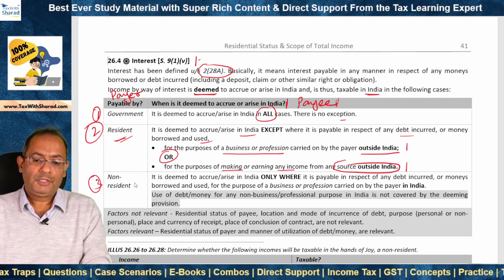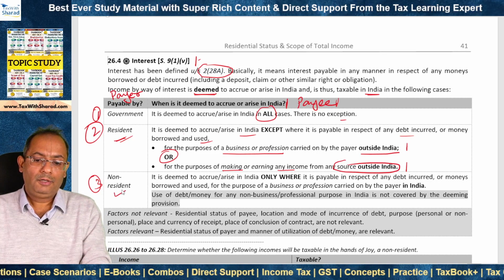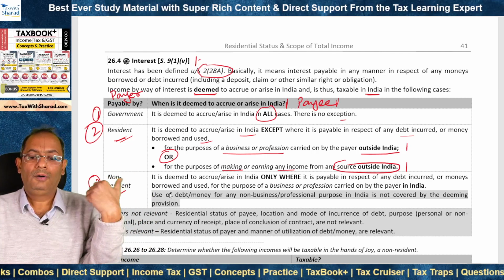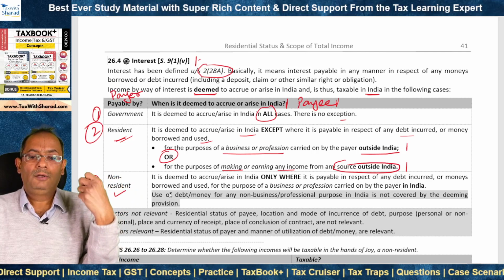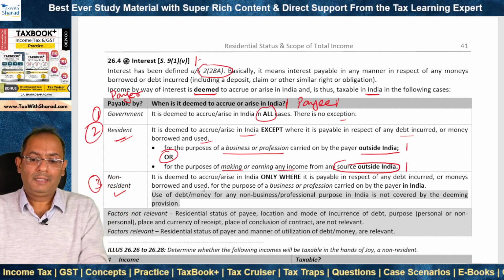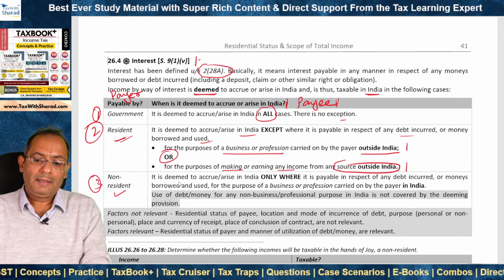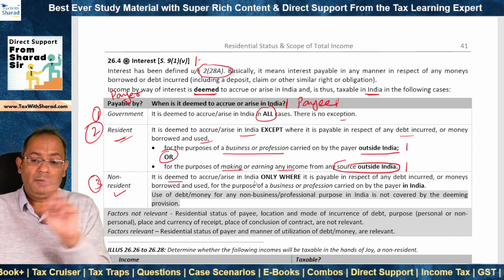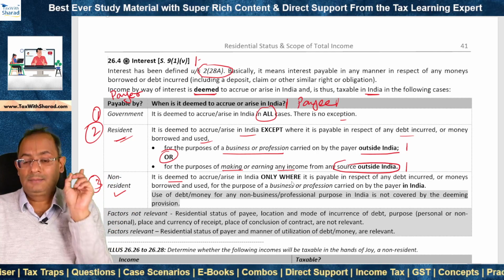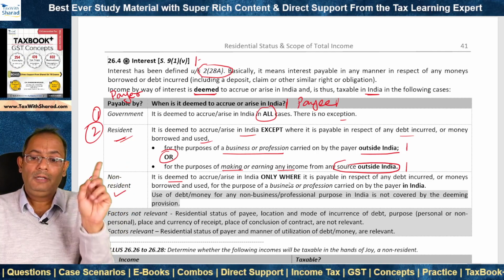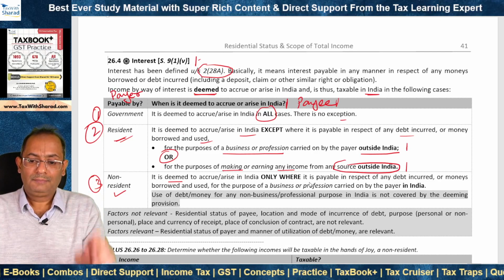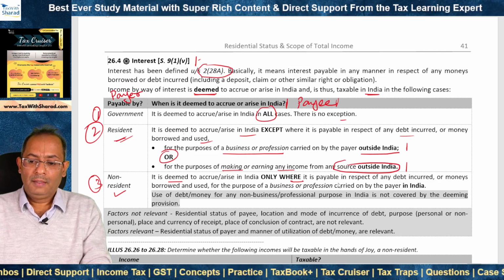Third situation, where the payer is a non-resident. That means the non-resident has borrowed the money and the non-resident borrower or the payer is paying the interest income to the payee. In that case, it is deemed to accrue or arise in India not by default, but only in one case. In all other cases, it is not deemed to accrue or arise in India in the hands of the payee. Only in one case, where